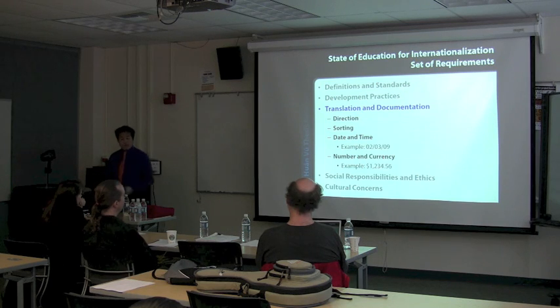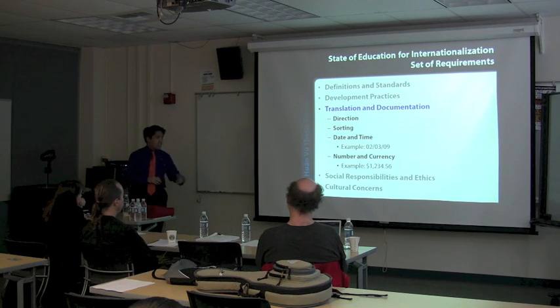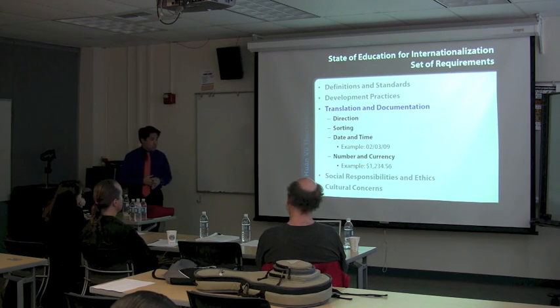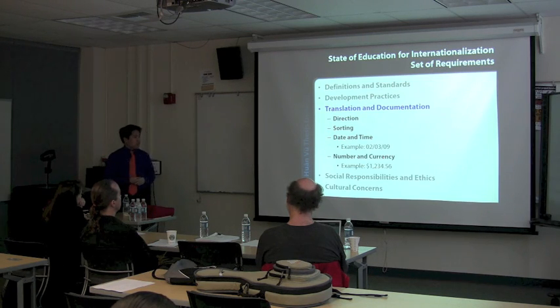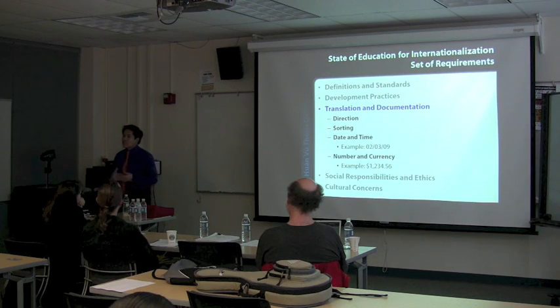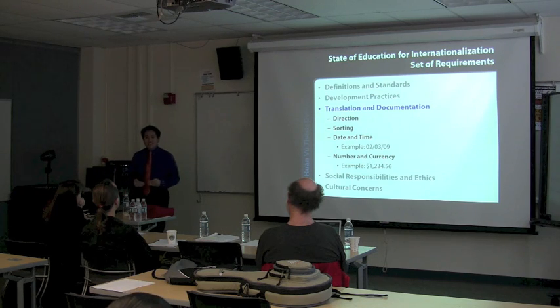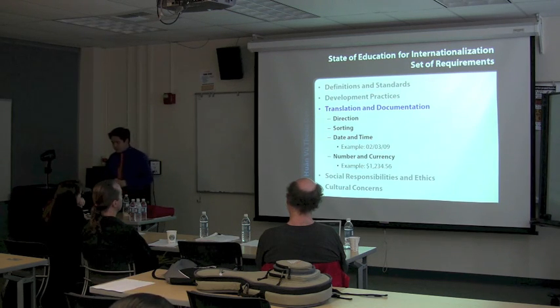Now, for date and time, see the ambiguous example right there, 02, 03, 09. To us, it's February 3rd, 2009, but in other countries, it could also mean March 9th, 2002, or it could mean March 2nd, 2009. Which one is it? Some of us as computer science students are like, oh, you can just write it like that because it's simple. But the thing is, you need to be as explicit as possible.